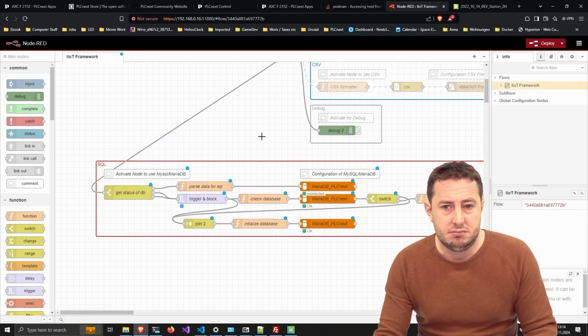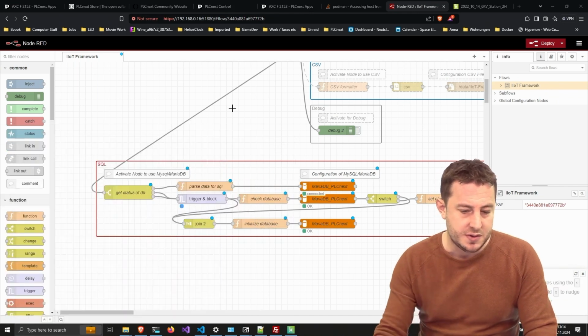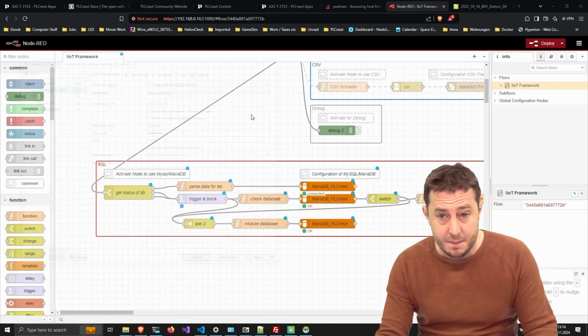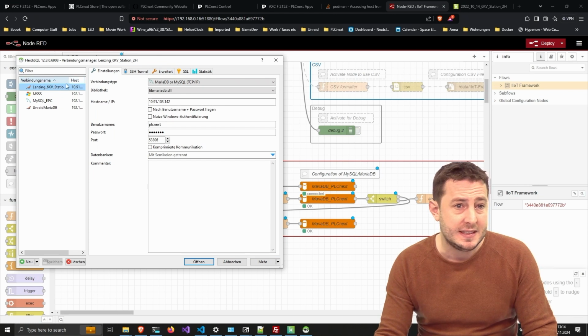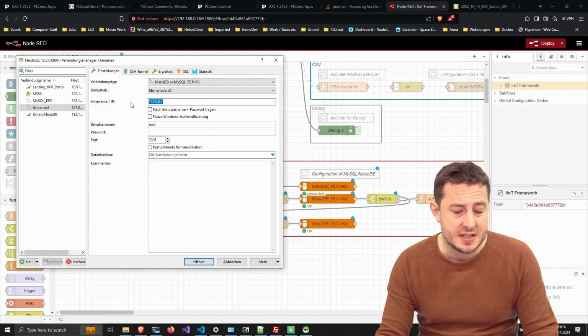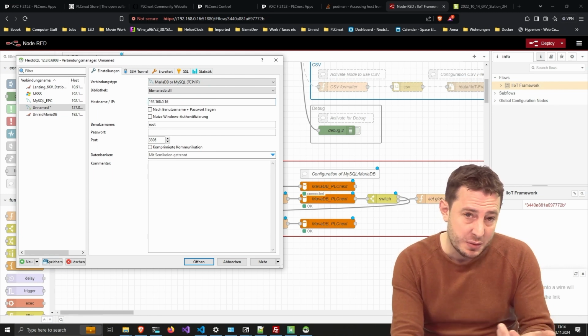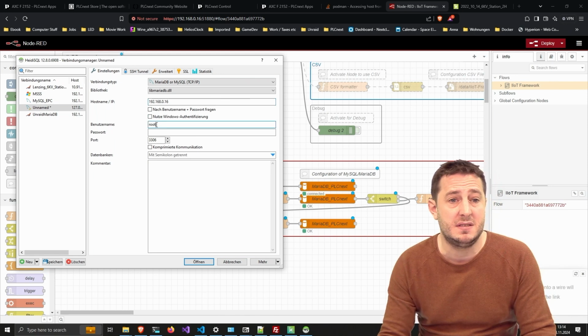Yeah, I could try to log in to the database itself. Let's see if this is working. We create a new one, MariaDB. To connect from externally, we will need the IP, that's for sure.